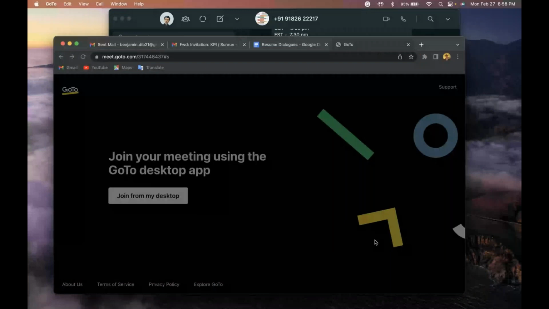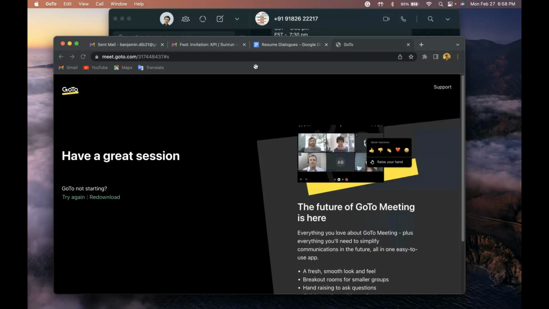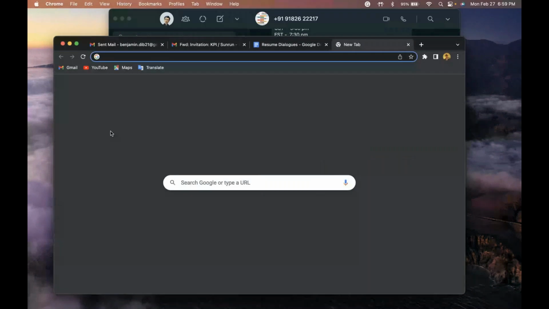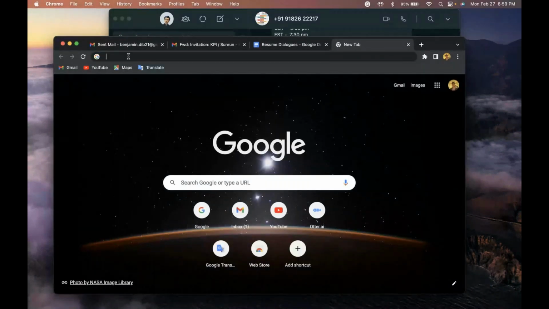So can you open a browser? Go to your browser. Okay, you're joining from a Mac. Okay, fine. So go to the browser and please type in https://portal.azure.com.